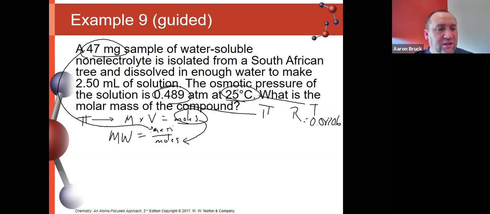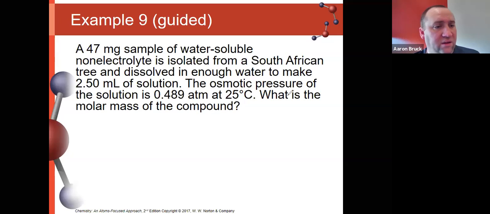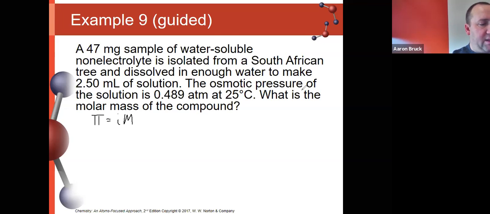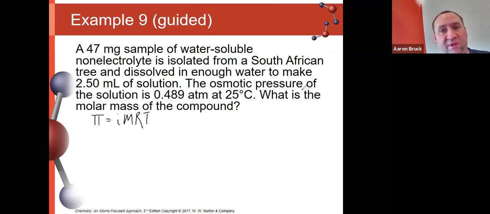So what I need to do is break this apart into individual steps and solve each of those steps in turn. Let's go about doing that. Our equation is pi, the osmotic pressure, equals i, the van 't Hoff factor, times M, the molarity, times R, the universal gas constant, times T, the temperature in Kelvin. A lot of those values we already have. We already have pi, it's been given to us,